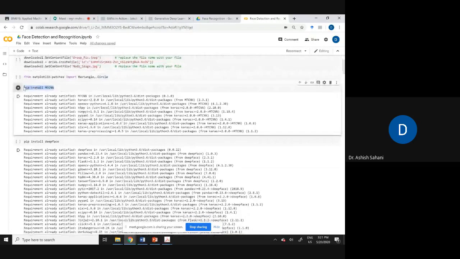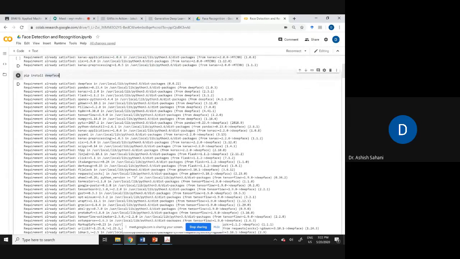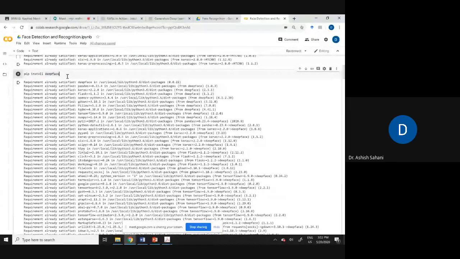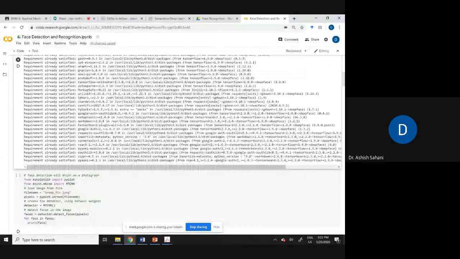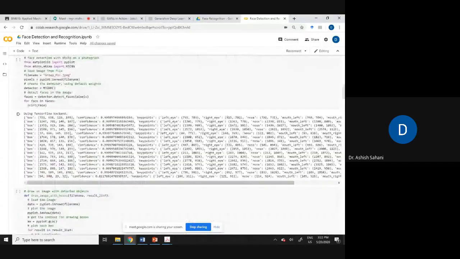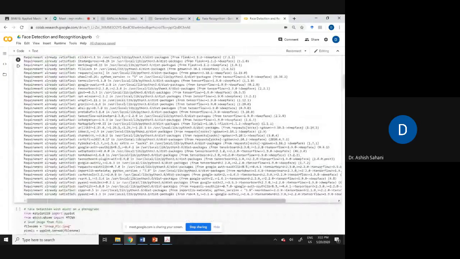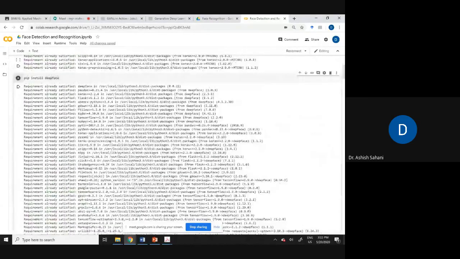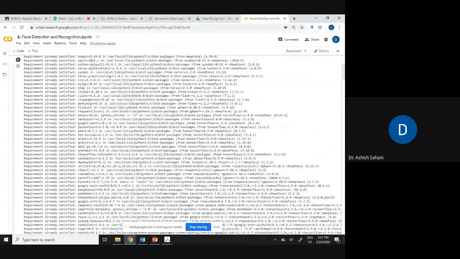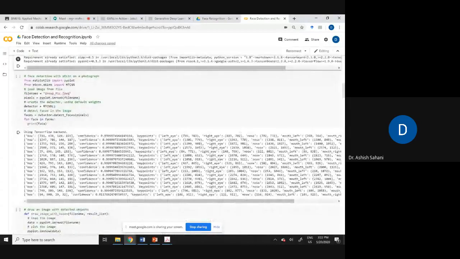So you call pip install mtcnn, and then you also need to install DeepFace. So you call pip install deepface. It is a library from Facebook to recognize faces and their emotions. And FaceNet is actually inside the DeepFace. So you have the FaceNet architecture or the pre-trained weights of FaceNet available within DeepFace. So once these libraries are downloaded,